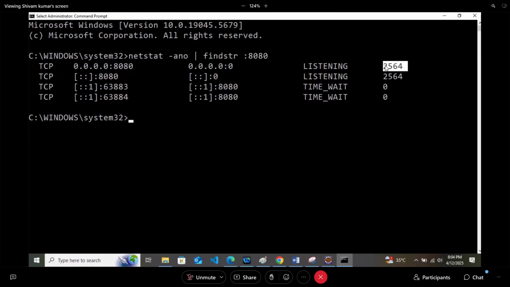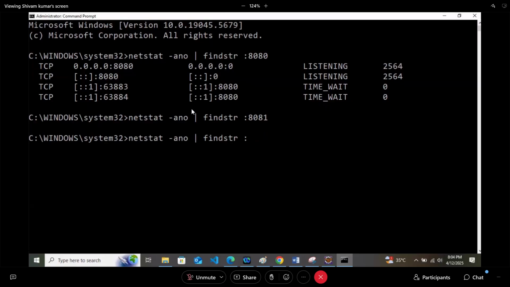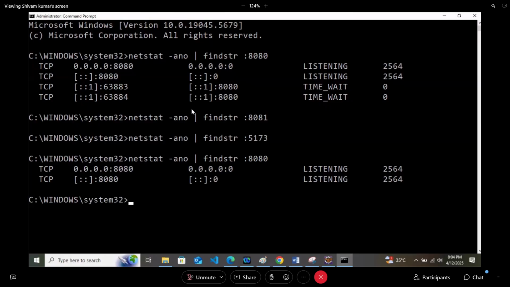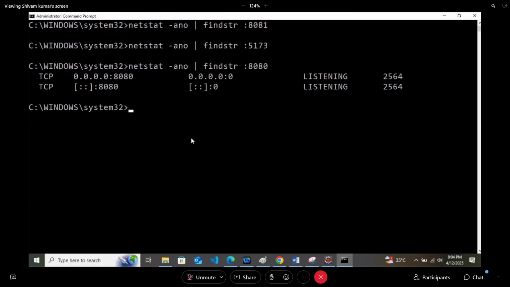Let's check the same command for 8081. You got something? Because 8081 is not running. Let's check it for 5173. Getting something? No, because this port number is not running. Here I will say 8080 and we got these two things.